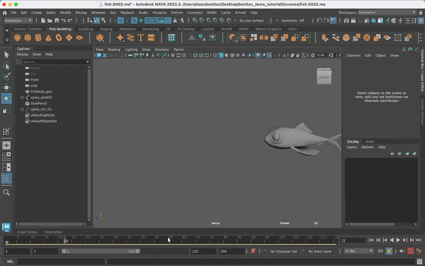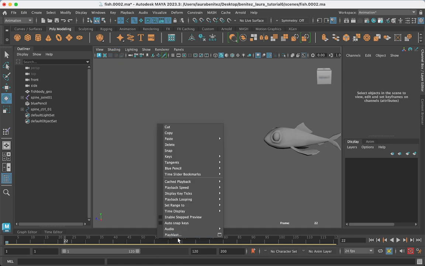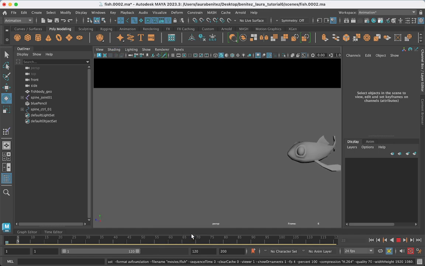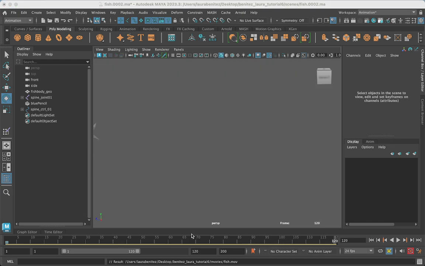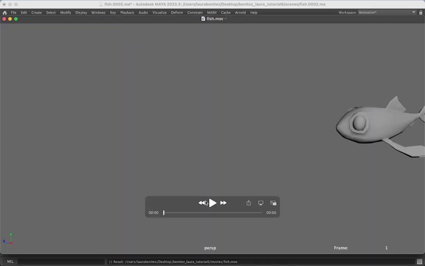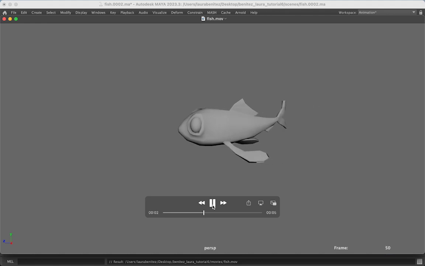Right here. And then I'll do a play blast. Right click, play blast. See how this looks. And that's my fish. So you'll save your scene as such, and everything that goes with turning in a tutorial,